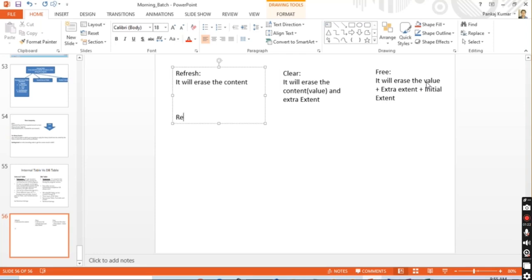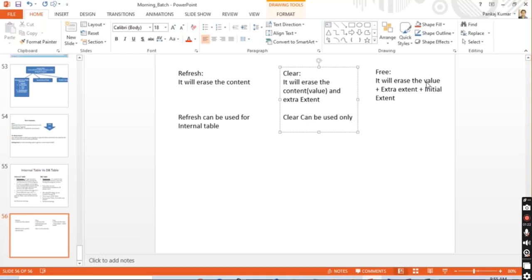So refresh can be used for internal table, right? And the clear can be used only for work area. Okay, and this free can be used for both. Free can be used for both to release the memory,